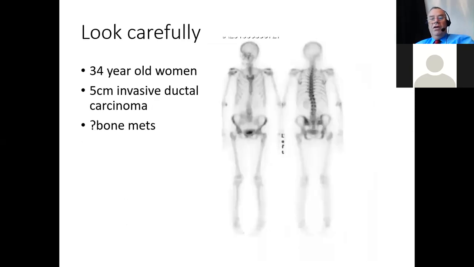So here we have a younger patient, 34-year-old, who has a 5-centimeter invasive ductal carcinoma. That's a large primary. And when you look at this bone scan initially, you might think, it doesn't look too bad. There's a bit of a scoliosis. But I can't really see any areas of increased uptake. There doesn't seem to be any hotspots. And I would agree with you, really. But if you look very carefully,